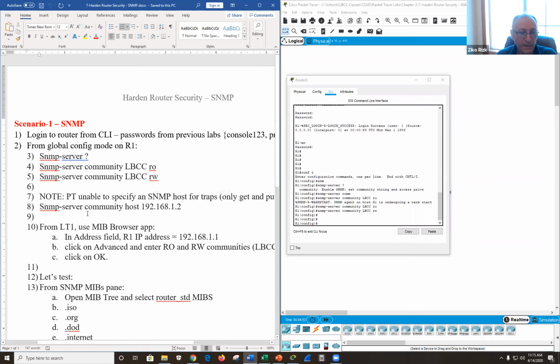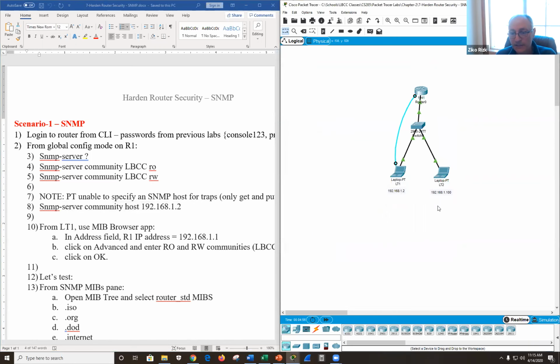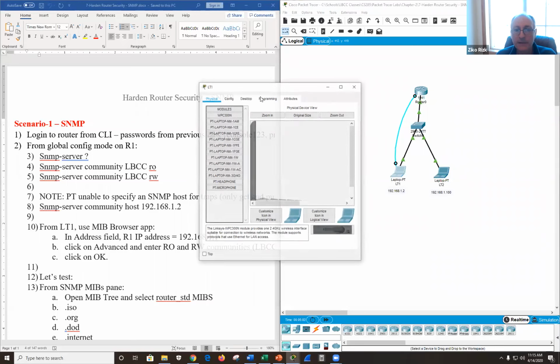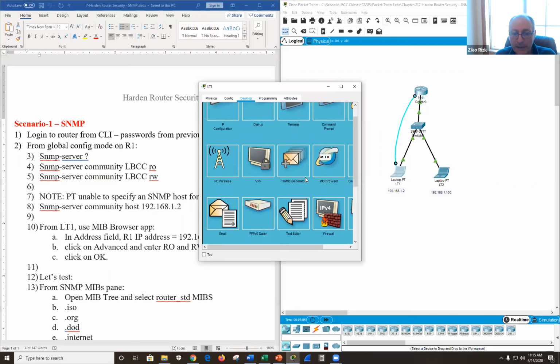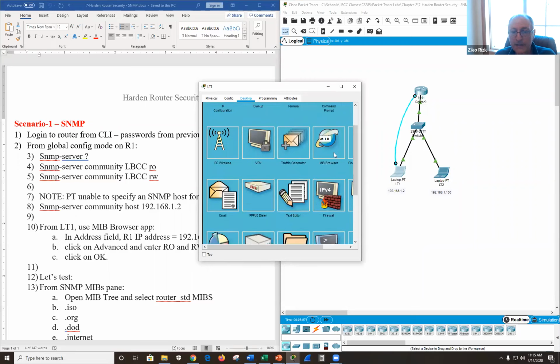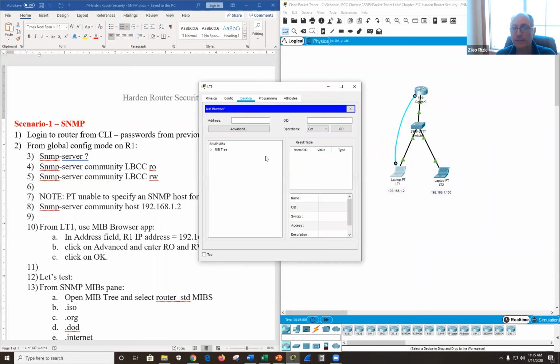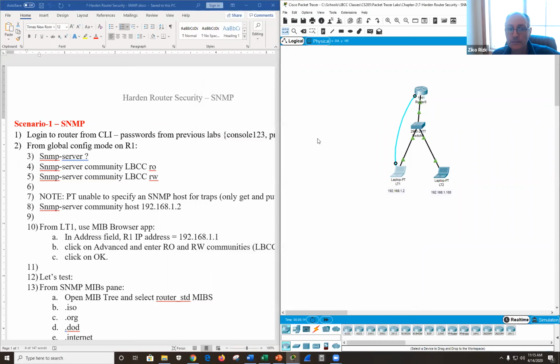Okay. So let me go ahead and specify the server, which is the PC, which is this laptop. Let me go to desktop, and there must be SNMP. Oh, it's MIB right here. Here you go. So this is what we're going to be writing to. MIB is the database that SNMP communicates with. And what does MIB stand for? Does anyone know?